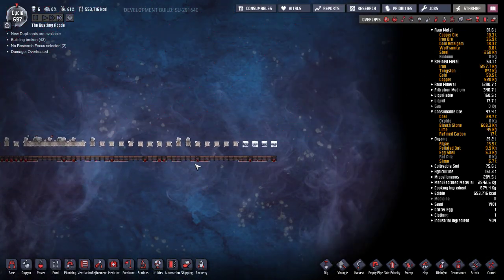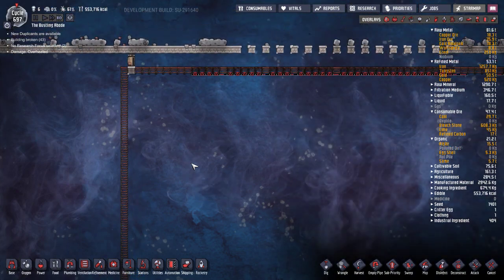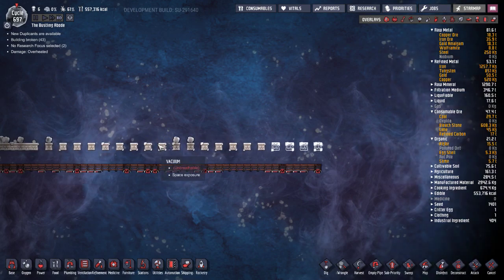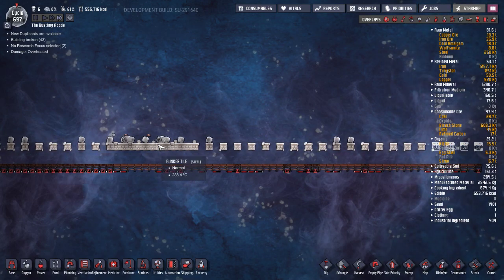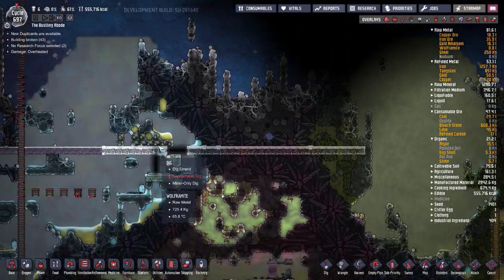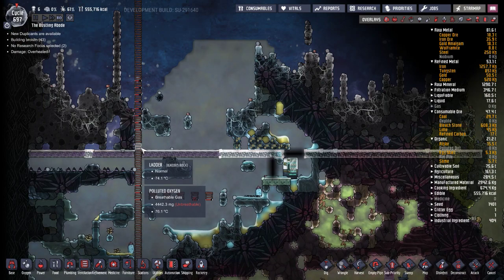And we're not producing tons of steel, so it's going to take a while. I'd say to get this fully blocked off will probably take around, let's be safe and say 100 cycles. Probably less than that, but I'm going to be safe. We're also starting to build...